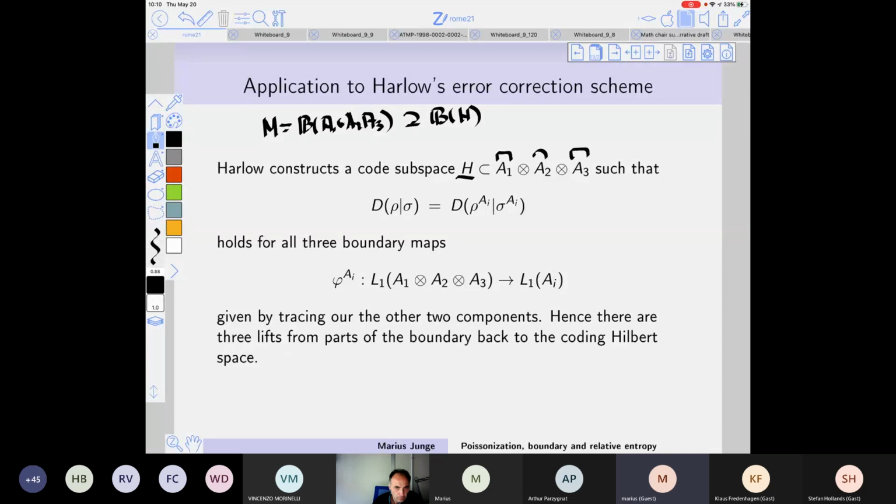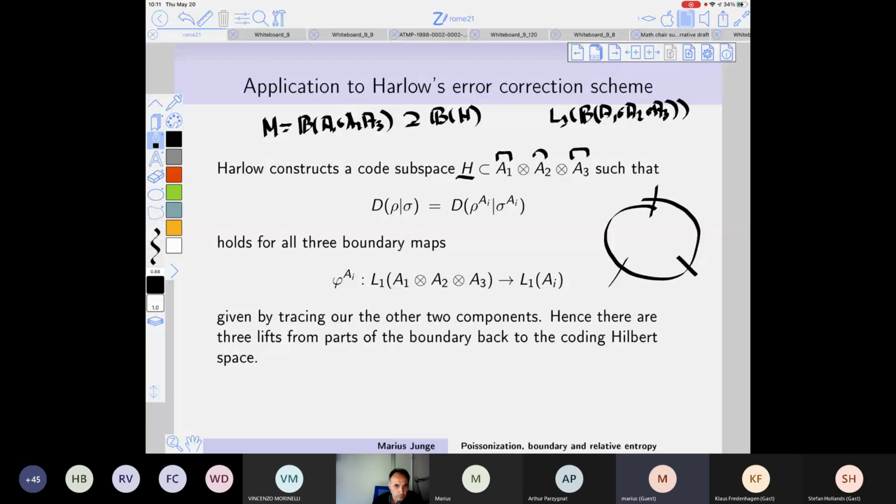And so there you have natural boundary maps. What these people imagine, and I think this is a pretty correct picture, is that the boundary maps are just given by partial traces, right? So we partial trace out. I wrote the L1 notation because the partial traces are maps on the pre-dual, so that we fit this pre-dual picture, which I used the page before. And in von Neumann algebras, you have to distinguish between the algebra and the pre-dual much more. So these are really maps from the L1 space of B of A1 tensor A2 H3, which is nothing else but the Schatten class, right? And we just trace out one out of two components, and then this is the L1 space of the one component.